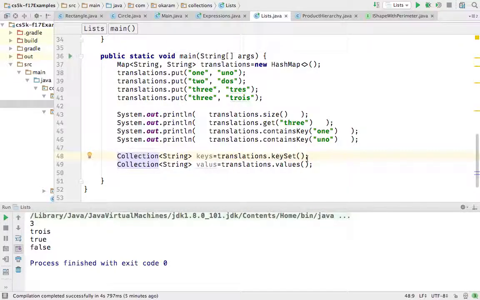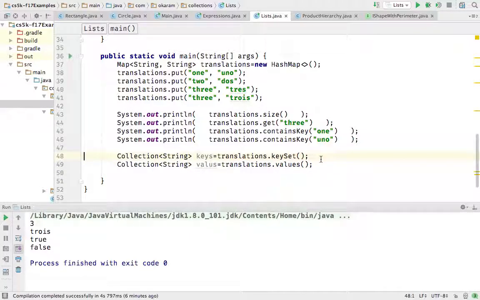And of course, it's not value set. It's just values because you don't want it to be too much the same. You have to add variety, right? Well, it's not keys. It's key set, and it's not value set. It's values. It's like, why? Pick one, right? Either do keys and values or do key set and value set. But